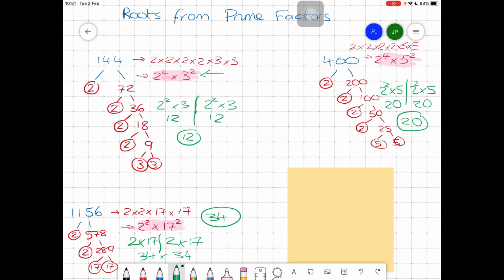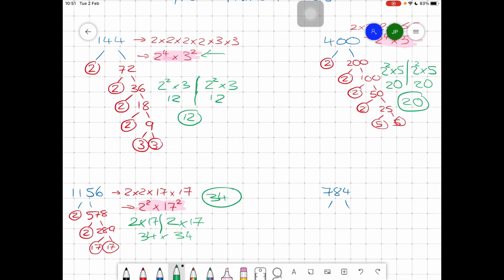Okay. Now, using those examples, I now want you to have a go at this one for me, please. So can you try and find the square root of 784 using prime factor decomposition? Okay, so I want the square root of 784 using prime factor decomposition. Pause the video and can you try that now for me, please? Okay, so